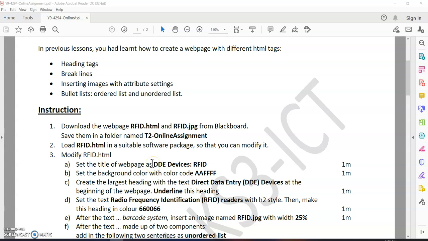Hello class, for this week you have to complete this online assignment, as I have explained to you last lesson. You have to go to your term 2 e-quizzes, go to your online assignment, download this given file